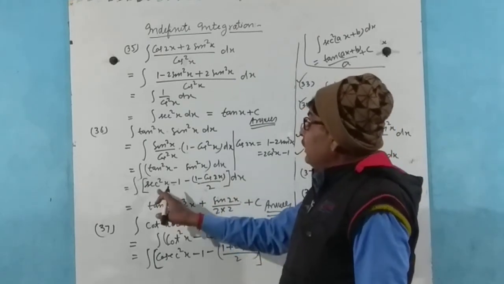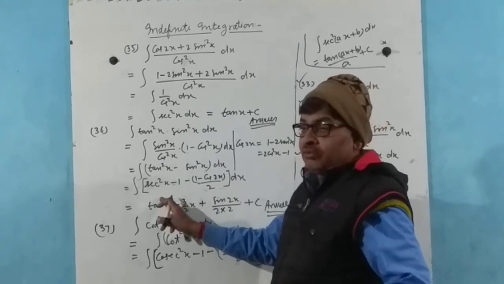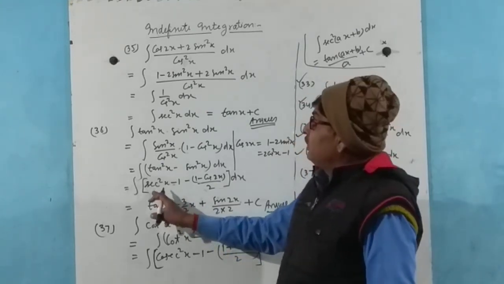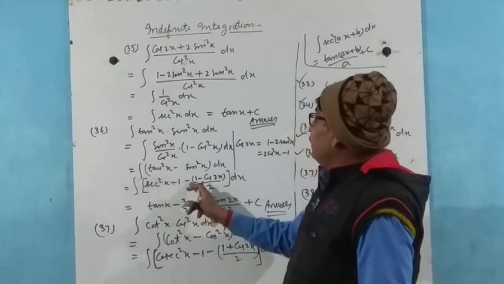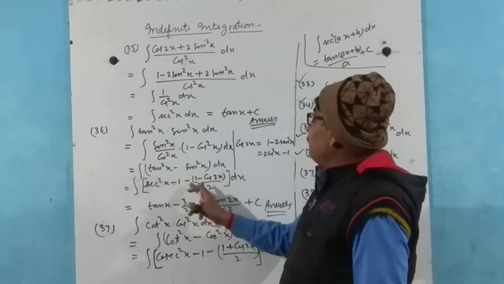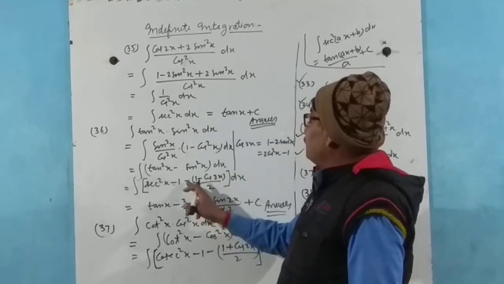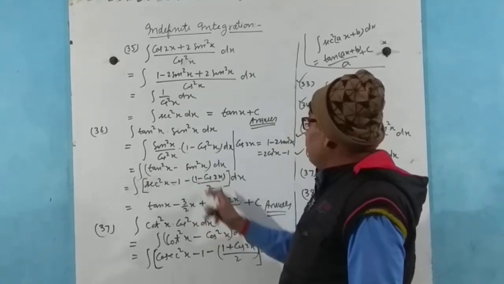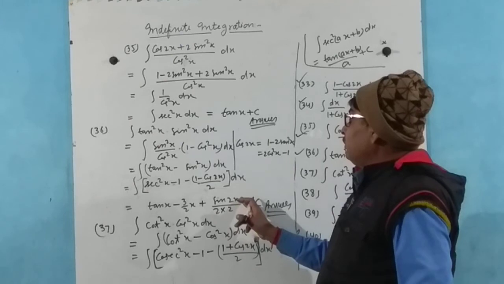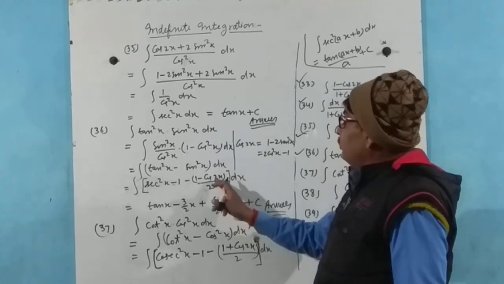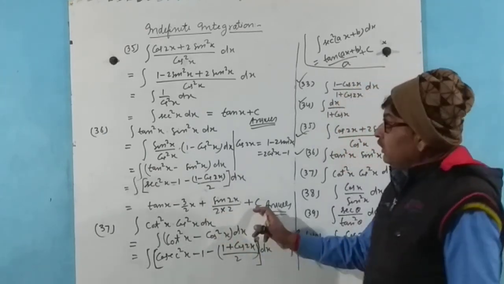Now the integration of sec square x is equal to tan x, because the differentiation of tan x is equal to sec square x. So the integration of sec square x dx is equal to tan x, minus 1, this minus half, that is a minus 3 by 2, and the integration of 1 dx is equal to x, and this minus and minus plus here, 1 by 2 integration of cos 2x is equal to sin 2x, and divided by 2 comes here, so that plus c is the integrating constant.